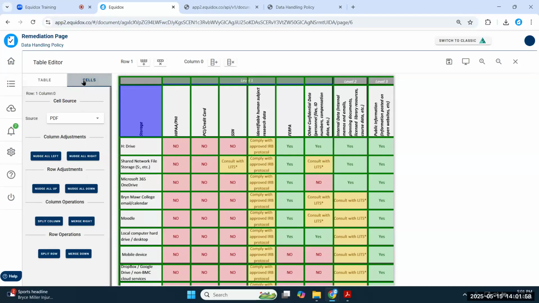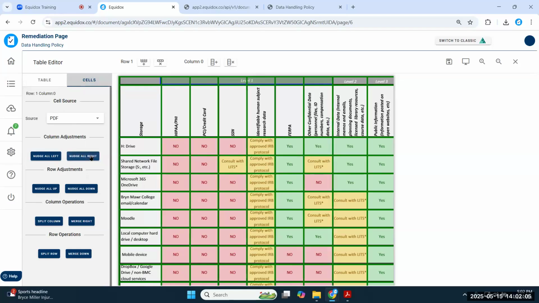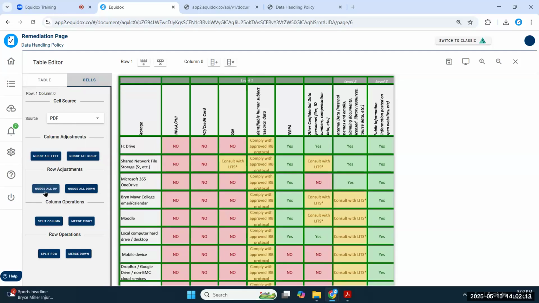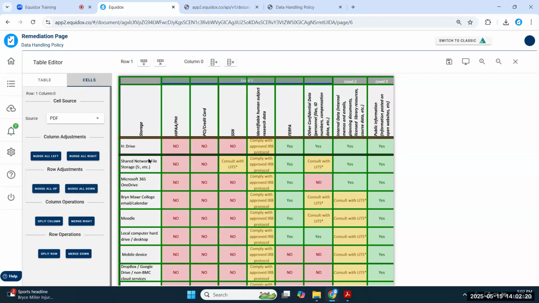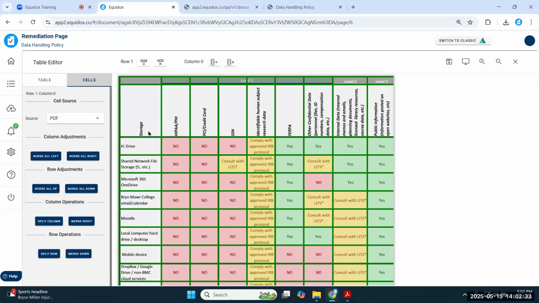You can also go to the cells tab and there's a nudge feature, which again, I don't use very often. But if you have a really dense table with small font, maybe every row is just giving the data a haircut and you just want to move them all up 1 or 2 pixels, they can all move together in unison so that you don't have to click on every individual one and move it a little bit and then click on this one and move it a little bit, which is not hard. It's just tedious and it will give you a hand cramp. So we don't have to do that with Equidox. You can nudge them together until everything looks nice and clean in your preview.